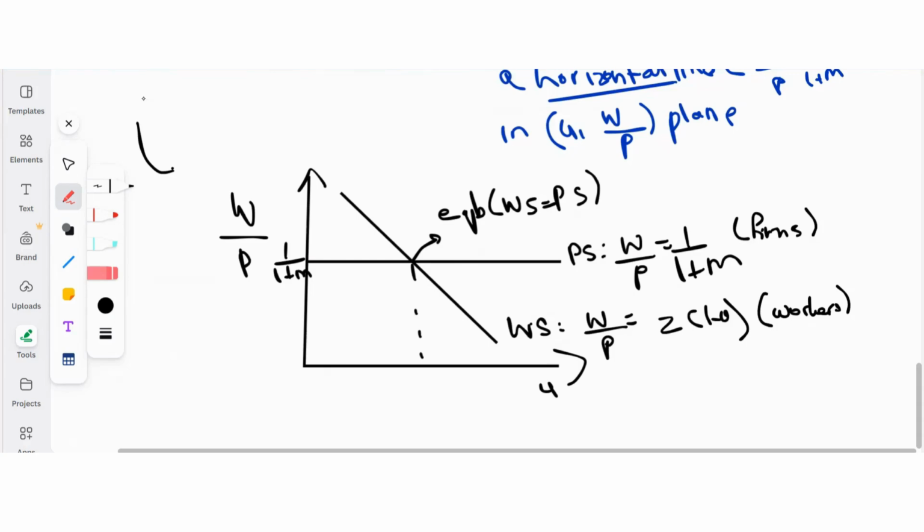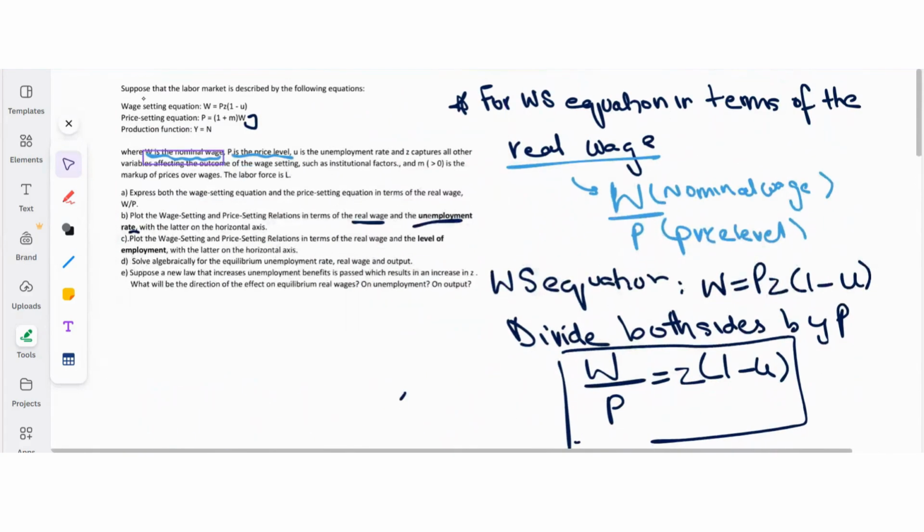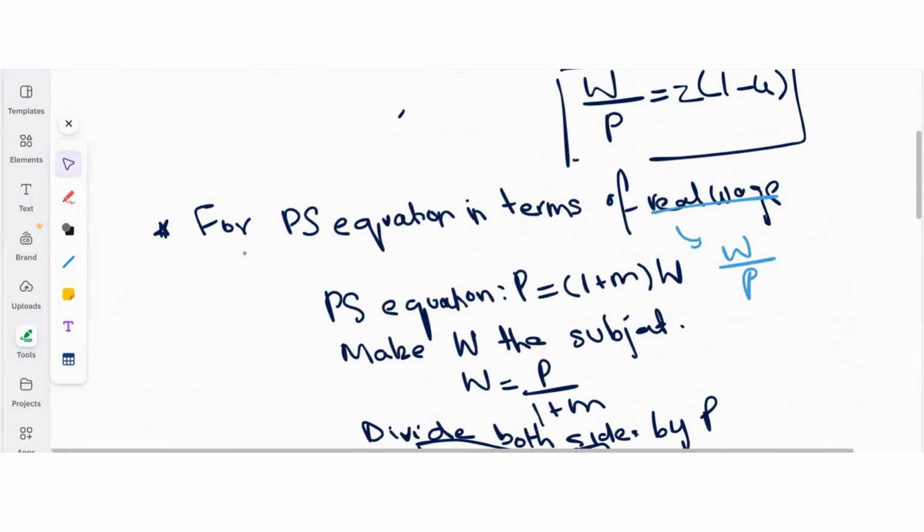So equilibrium is at the intersection, and this gives us the equilibrium unemployment rate, which is under the assumption that Pe is equal to P, which we are assuming is the natural rate Un, right? Because remember, we are assuming that Pe is equal to P. In general, the wage setting equation is a function of Pe, but here we're imposing the condition that Pe is equal to P, which allows us to see that the equilibrium unemployment rate is an actual rate of